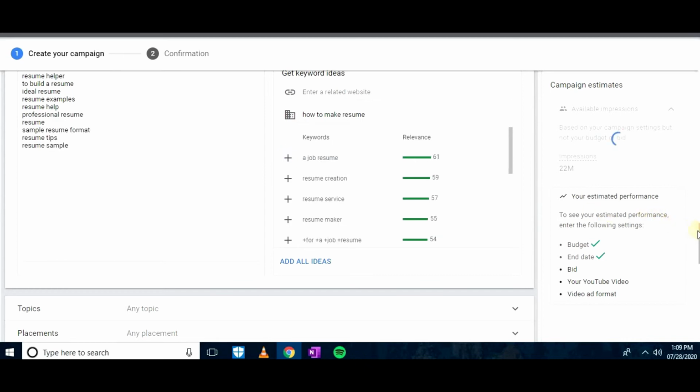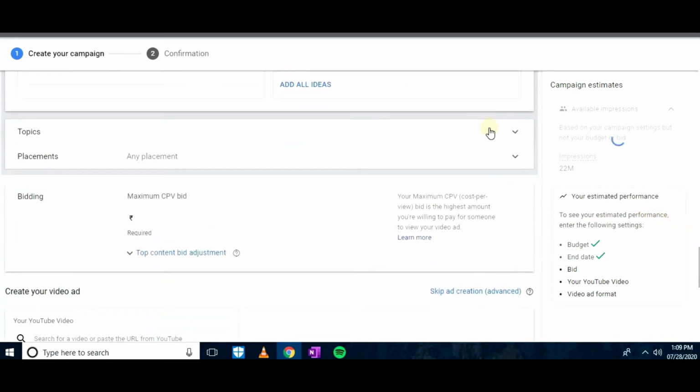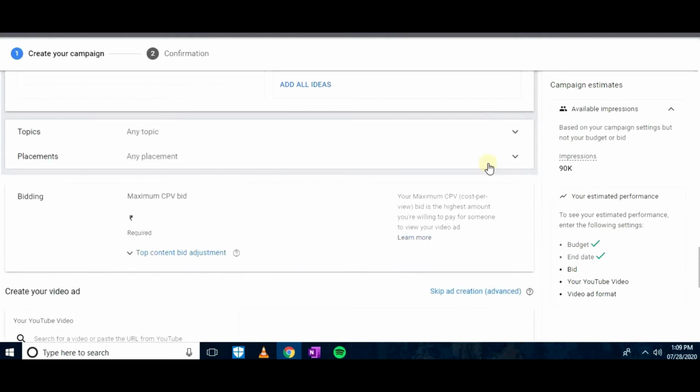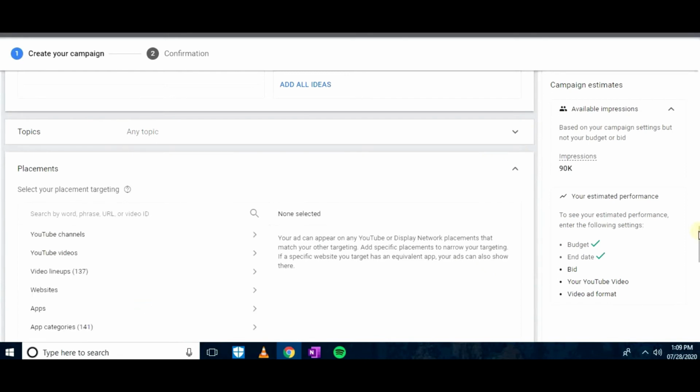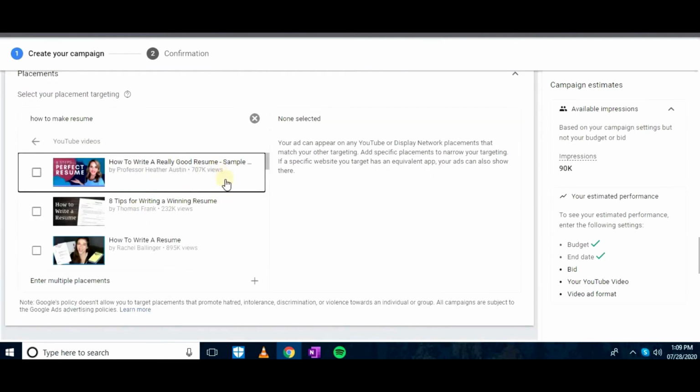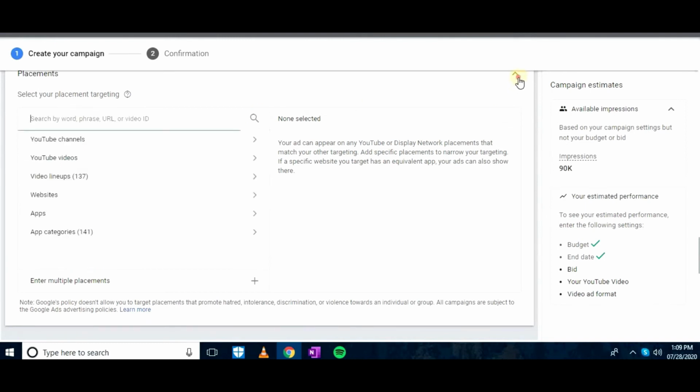If you want to place your ad in front of any specific video or any specific YouTube channel, you can also do it by searching for it over here. So let's say I'm searching for how to make a resume, and you'll be able to place your content near their videos. But I don't believe in placing all these things, because you'll get very few views on your subject and you will not be satisfied. So I suggest you just skip and don't place your videos in front of any other videos, rather than